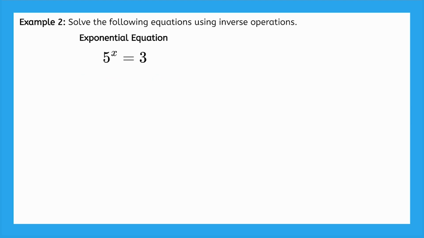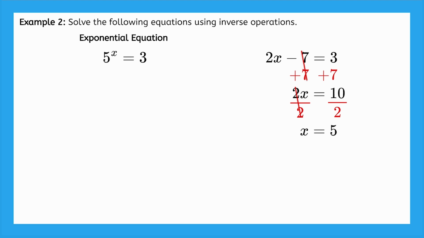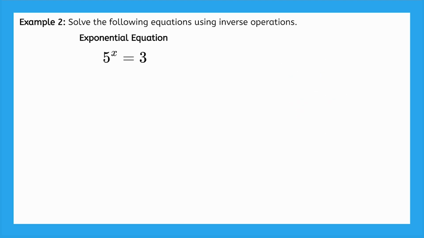Remember that when solving equations, we make use of inverse operations to isolate the variable. For example, to undo subtraction, we perform addition on both sides, and to undo multiplication, we use division. Could we use this same concept here to release the x from being trapped as an exponent? We can use the property that shows us how to undo exponentiation with a logarithm. Here, the x is acting as an exponent for the base 5. If we want to undo this